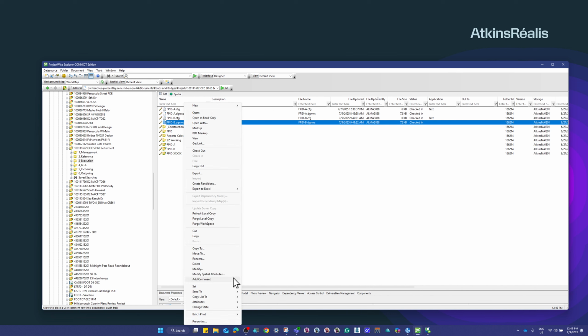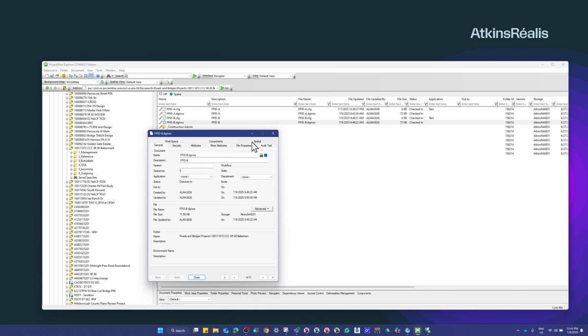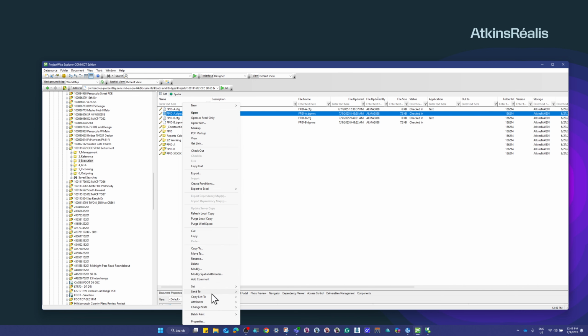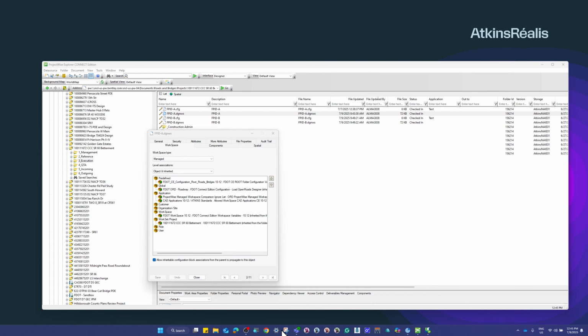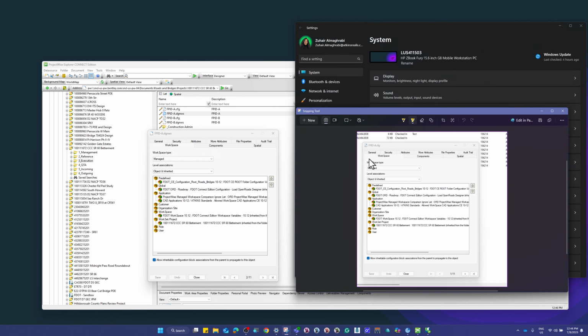And then let's open this one again, properties, just to double check. Let me open the A first, and take a screenshot of that. Workspace. I know it looks the same, but